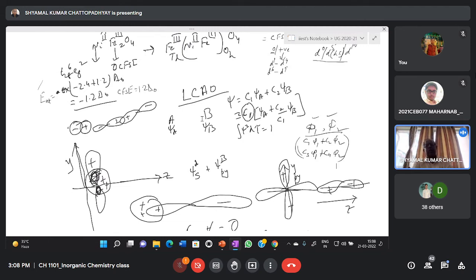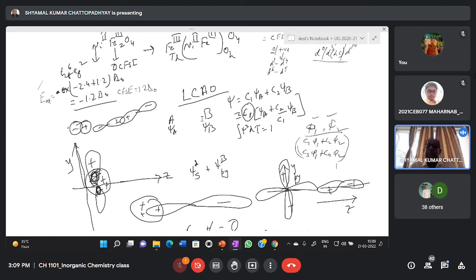First of all, the conservation of the number of orbitals: the number of atomic orbitals mixed must be equal to the number of molecular orbitals produced. Then the atomic orbitals which are being mixed must be of comparable energy. If they have very different energies, then their interaction will be very low because they will not overlap with each other, because of the difference of the radial distributions. And the third thing is that